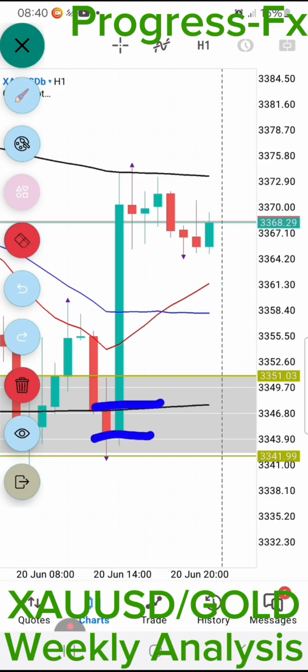That's where the body of the point of interest candlestick emerged from, where this very bullish candlestick engulfed it from. So you are going to do this